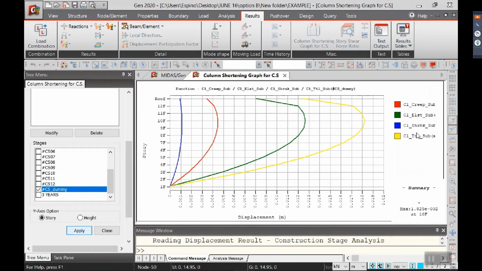So here, shrinkage itself does not affect much on the displacement in the structure, as well as the creep itself. So this is the elastic deformation, and the combination of the creep and shrinkage as well as the elastic will have this deformation. So as you can see, it will exhibit a large deformation